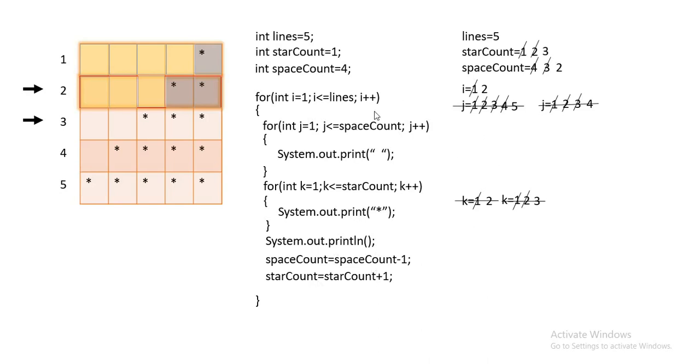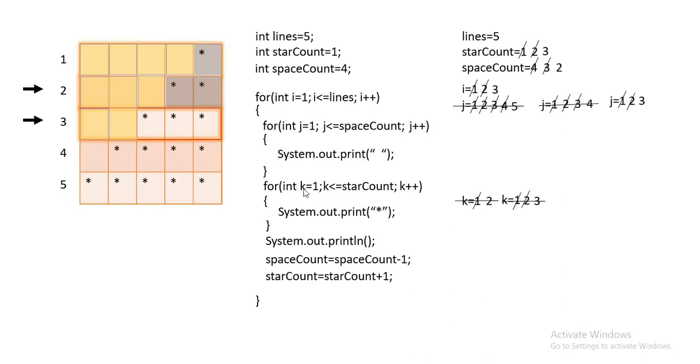Then go back to i++, i becomes 3, so line 3 is selected. Then 3 less than equal to 5, condition true, enter into this for loop, int j equal to 1, 1 less than equal to 2, condition true, print space. Then go back to j++, j becomes 2, 2 less than equal to 2, condition true, print space. Then j becomes 3, 3 not less than equal to 2, so end this for loop